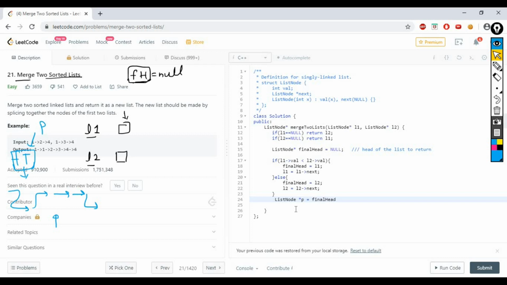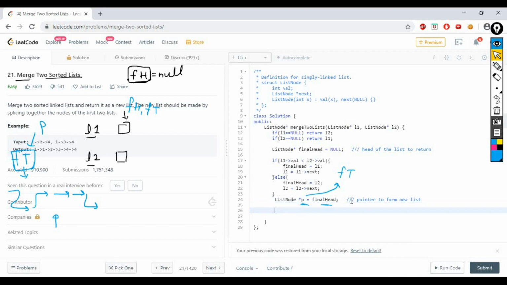Okay, so final head and final tail, initially they both are the same. If we have only one node, then this is the final head and this is also the final tail. So that's why I initialized it with final head. If you are not comfortable with the variable name, you can make it final tail. Okay, so initially this is final head. Now what we have to do, so I am writing a comment here so that you are able to understand. So this is basically a pointer to form my new linked list, to form a new list.